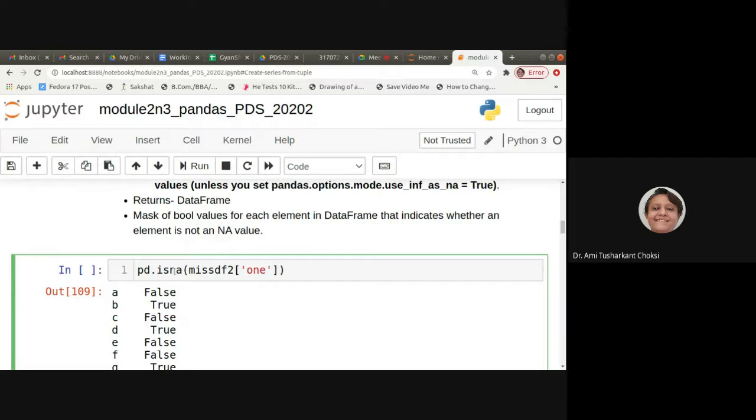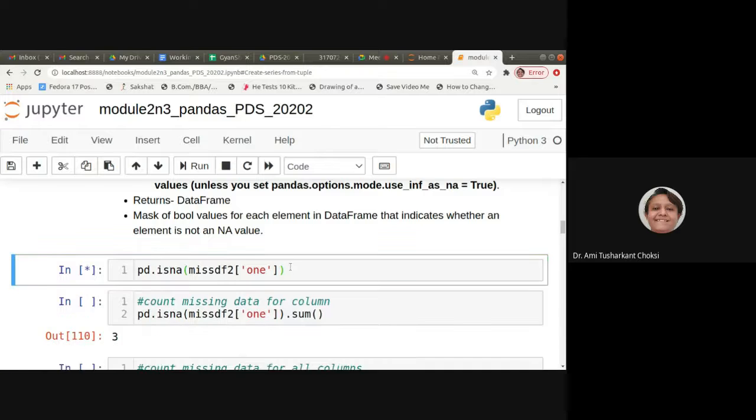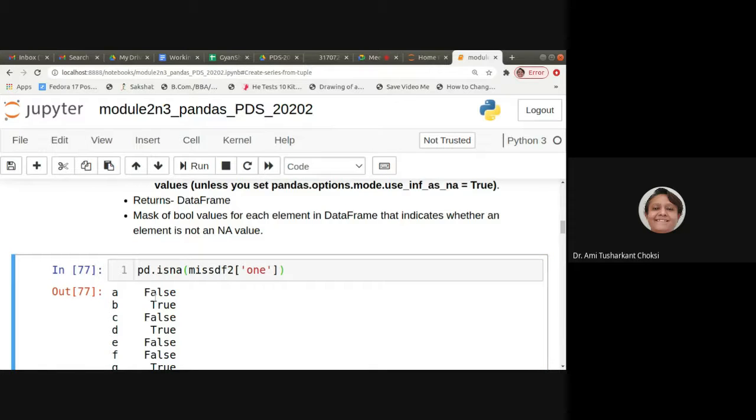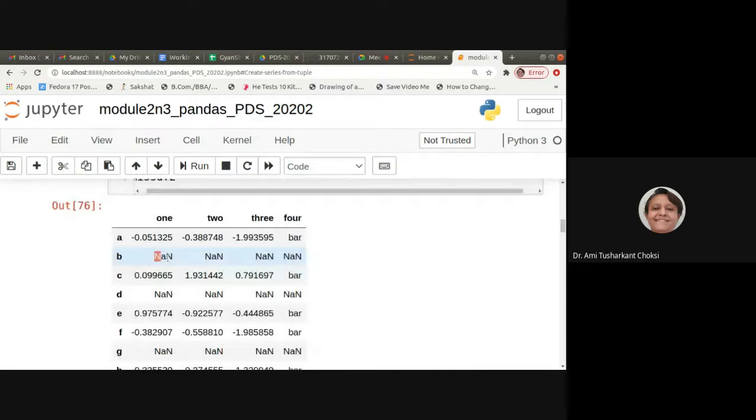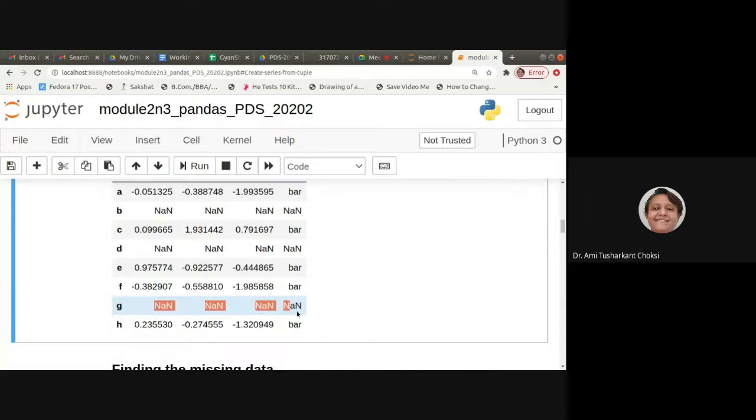Now, let me say that I want to check for a particular column. Say pd.isNA, NA meaning not available, for missdf2 of 1. Where the value is not available, it shows False, so the value is available. For B, it is not available. For D, it is not available. For G, it is not available.